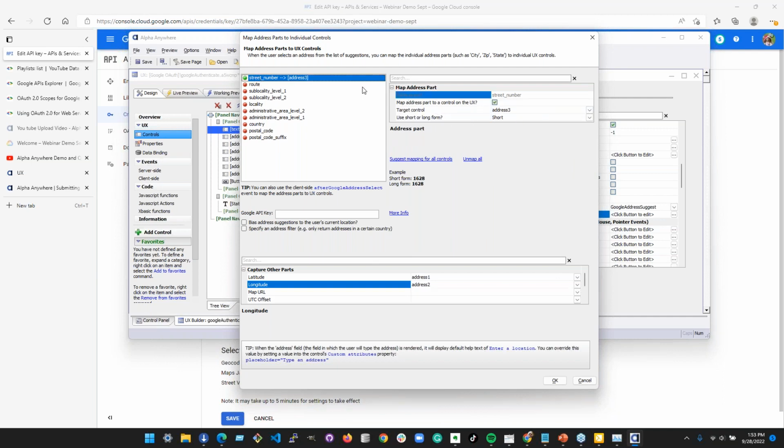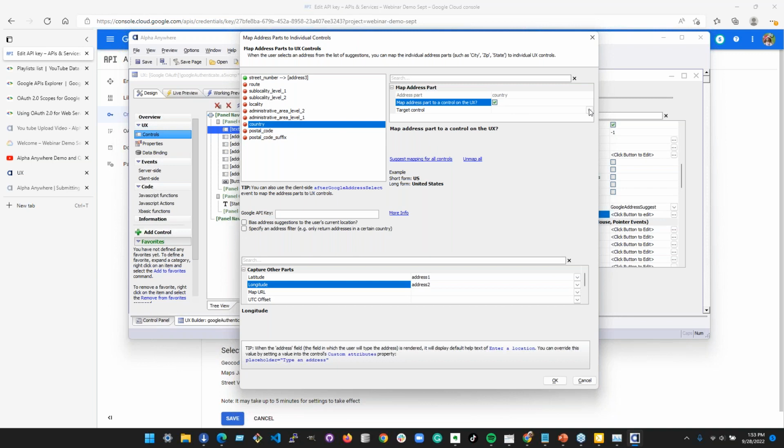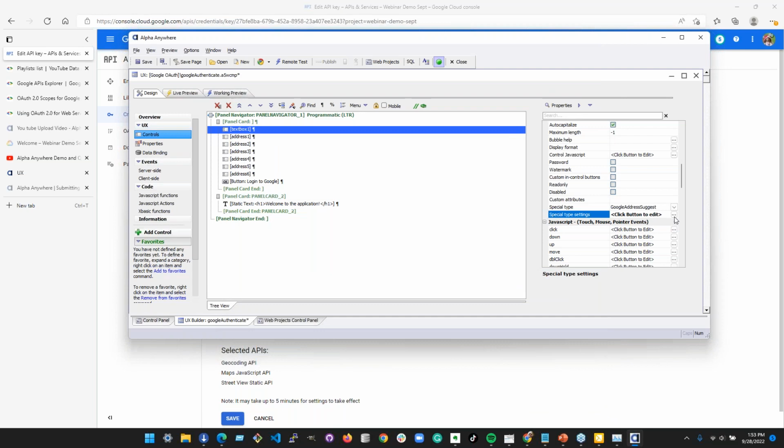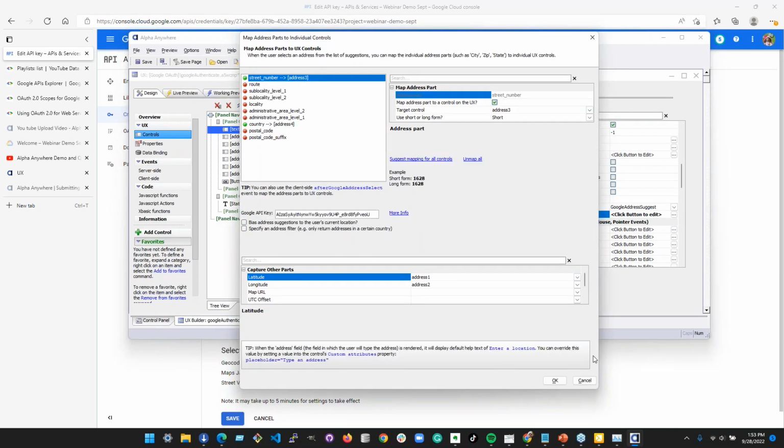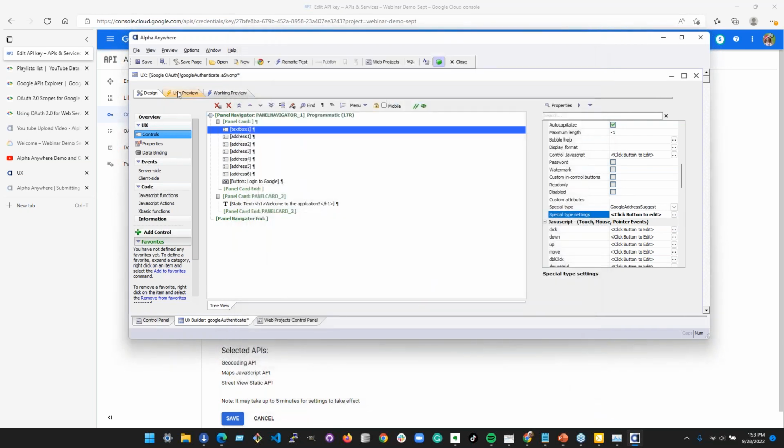The street number is selected here, right? So I could pick a route, locality, postcode, country. Let's map that guy too. We did 3, so let's do 4 here. And it looks like it didn't save my API key, so we'll click OK and verify that's still there.